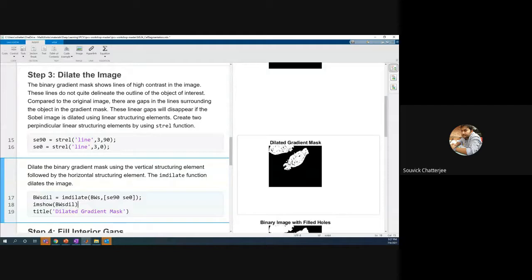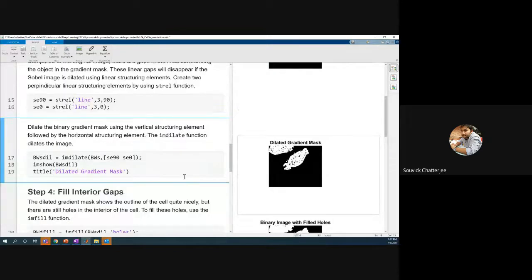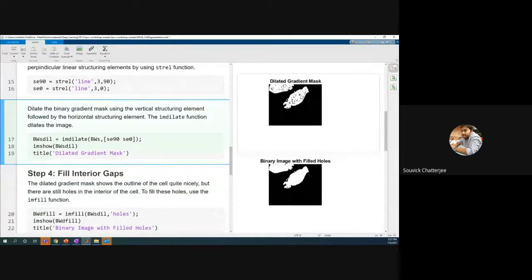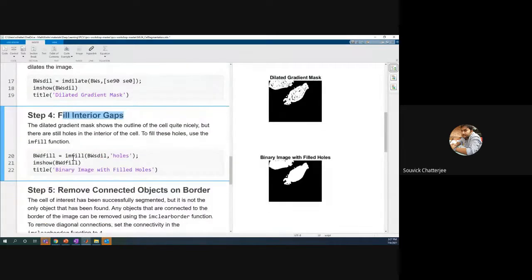Still we have certain pixels which we don't want, and then there are gaps here, right? So there are these black gaps which we want to remove. If I have to fill those interior gaps, what we can do is use this command called imfill, right? So imfill means image fill. Basically what we want to do is fill out those gaps inside. So we give the name of the image, this is the name of the image now after dilation, and we want to give holes here.